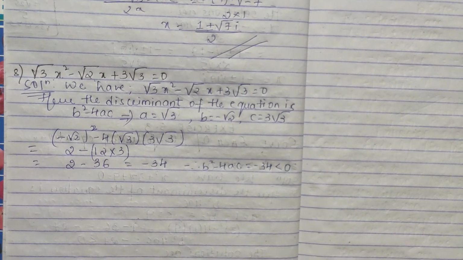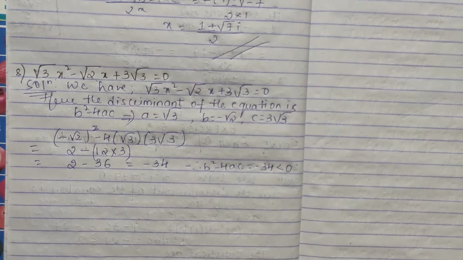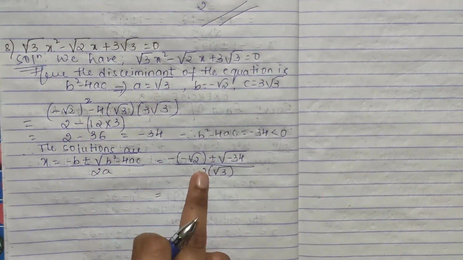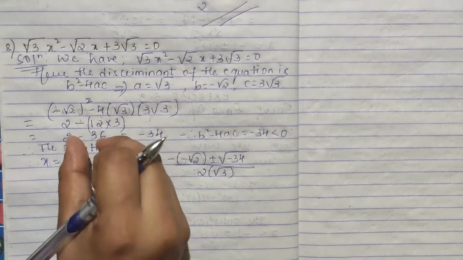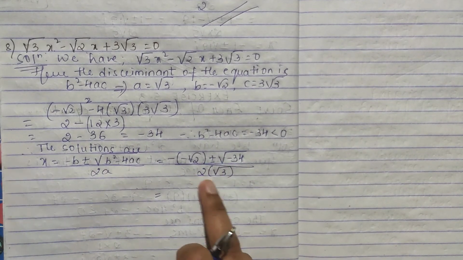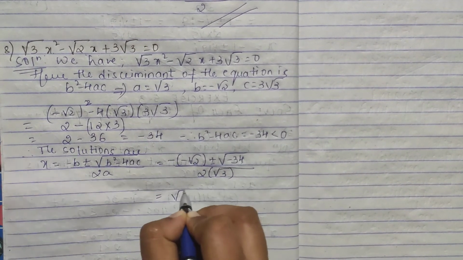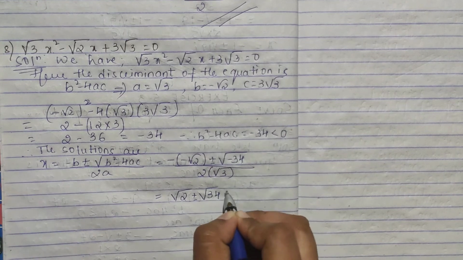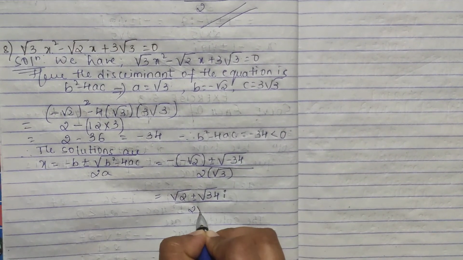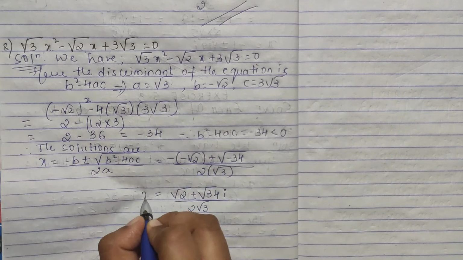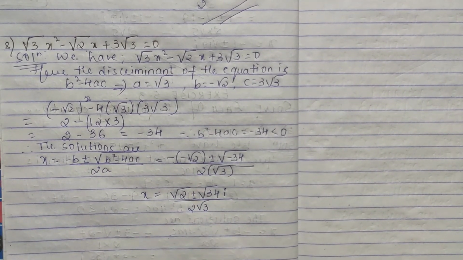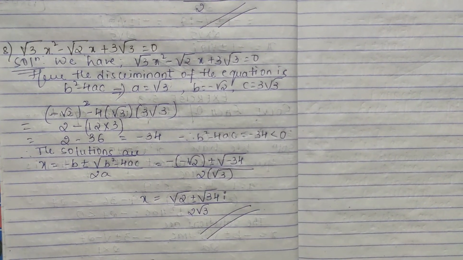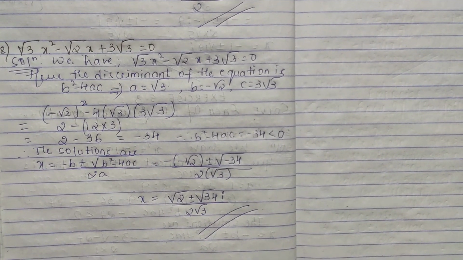So now at the end you have to find the solutions. That's it, simple. It's very very simple. So your solution, write down your equation. Your b is what? It is minus root 2. So minus of minus root 2 plus or minus root of b square minus 4ac, you have got minus 34, by 2, a is your root 3. Minus minus becomes plus, so root 2 plus or minus root 34, your root minus becomes your i, whole divided by 2 root 3. You can leave it here or check whether 34 comes under such things where you can take a root. For 34 I don't think anything comes, so this is the solution of your 8th one.